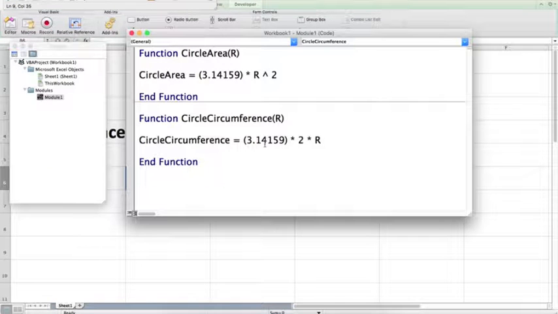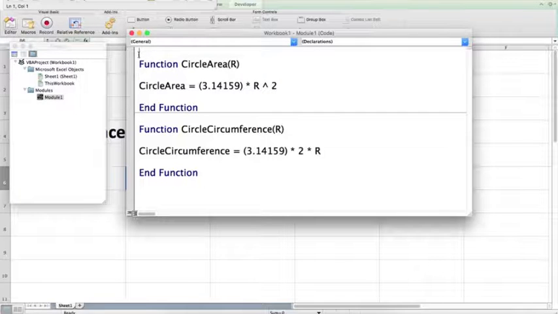Looking at our code though, we have to keep typing out pi every single time. But pi is a constant and never going to change. So we can define pi as a constant. So outside of both the functions, because you want to be able to access pi for each of them, you're going to write public,